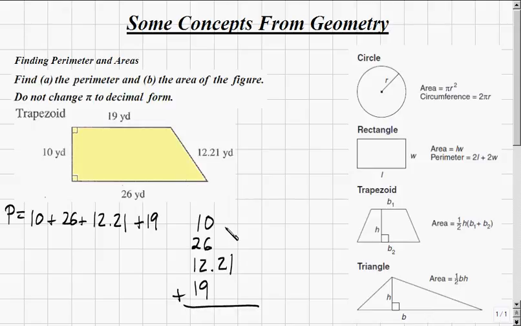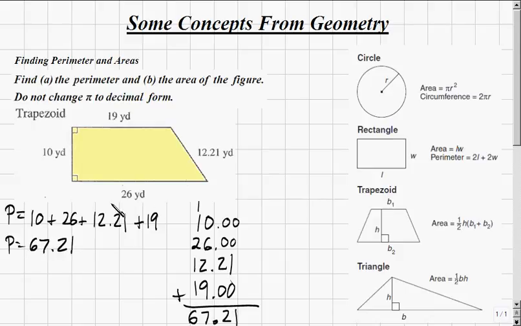Adding this up, if we added point zeros in every location, all these zeros plus 0.21 will add up to 0.21. 0 plus 6 is 6, plus 2 is 8, 8 plus 9 is 17, carry the 1, 1 plus 1 is 2, 2 plus 2 is 4, plus 1 is 5, plus 1 is 6. These numbers add up to 67.21, so our perimeter is